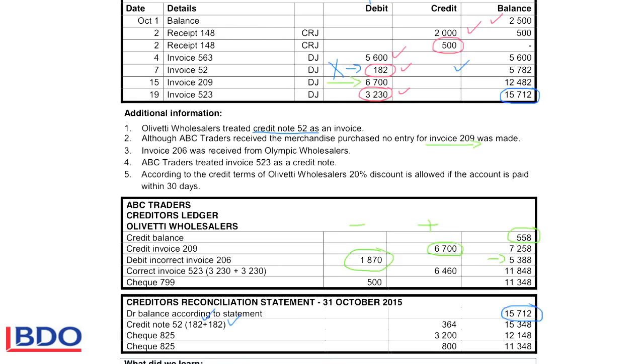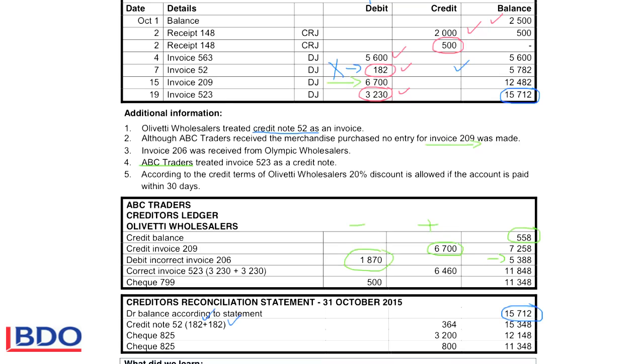ABC Traders issued invoice 523 and it was treated as a credit note. Okay, again, who made the mistake? The invoice was treated as a credit note by ABC Traders. So the mistake was made in the books of ABC Traders. So because the mistake was made in the books of ABC Traders, it will have to be corrected in the creditor's ledger. The invoice 523 was for